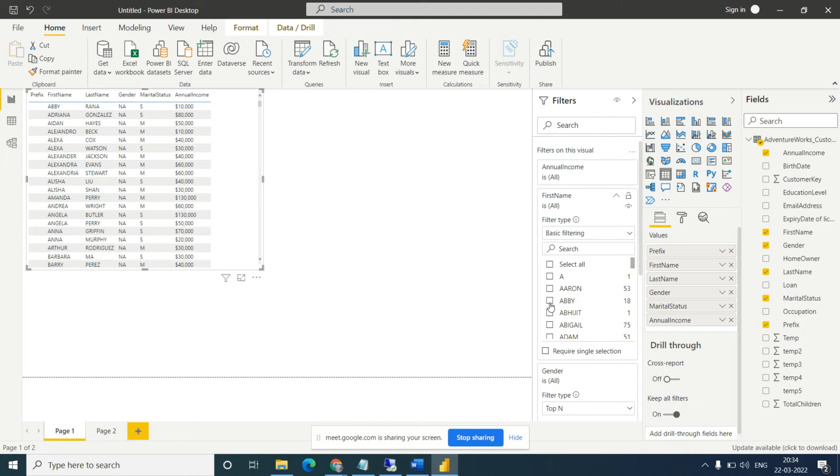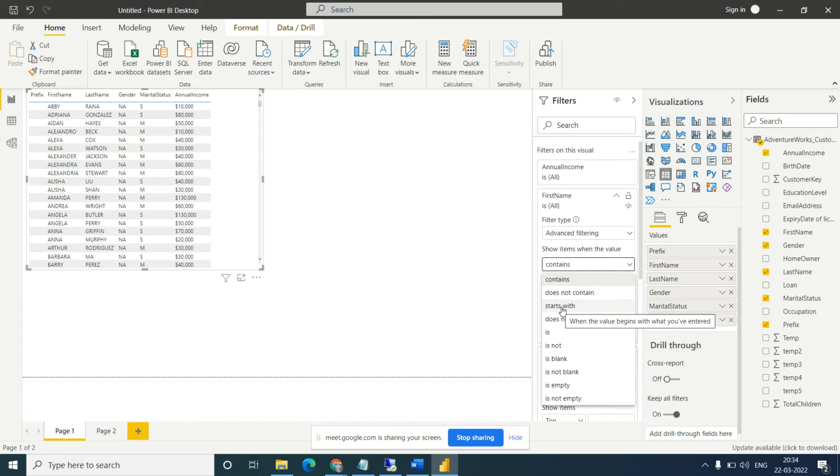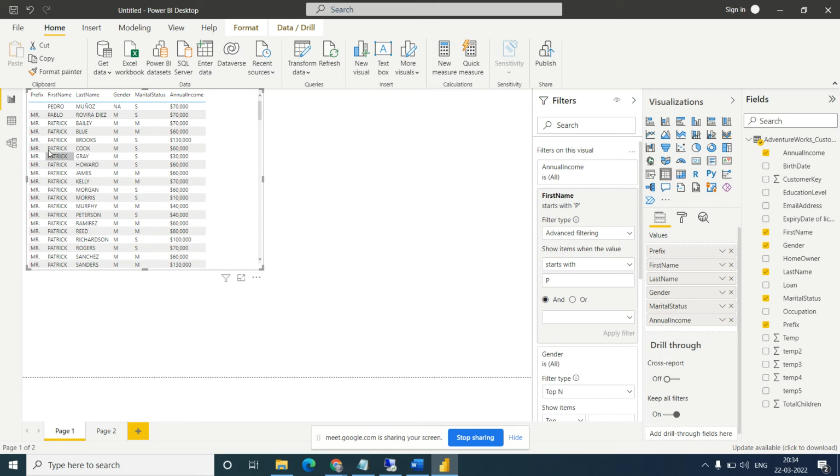In basic filter we cannot do this. Go to the advanced. In advanced, you can see starts with. Can you see the starts with option? Select starts with, and I will put the value P. It means it will only filter the customers whose name starts with P. Okay, so let's apply this. Can you see this? Only customers starting with P are shown.